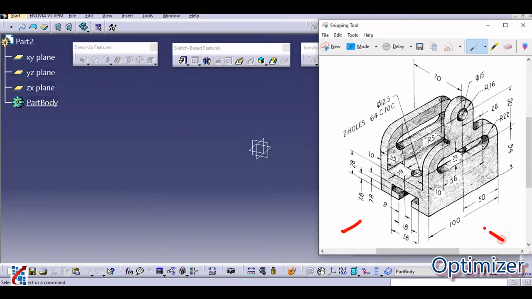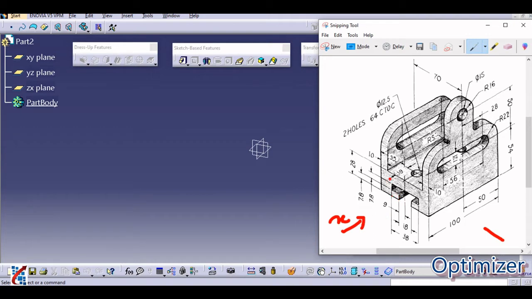Okay, so suppose this is the x-axis and this is the y-axis. I'm going to start from this x-axis because this is a continuous part from this one. Firstly I'm going to draw this portion, that is the C type, and pad it by a total of 100. That is the first part. In the second step I'm going to draw this profile and pad it by whatever thickness is given, around 10 mm. In the third step I'm going to pad this backside part, and in the fourth step I'm going to drill a hole like this one.